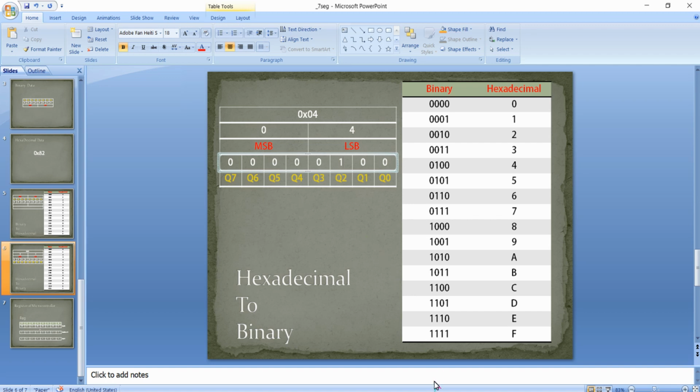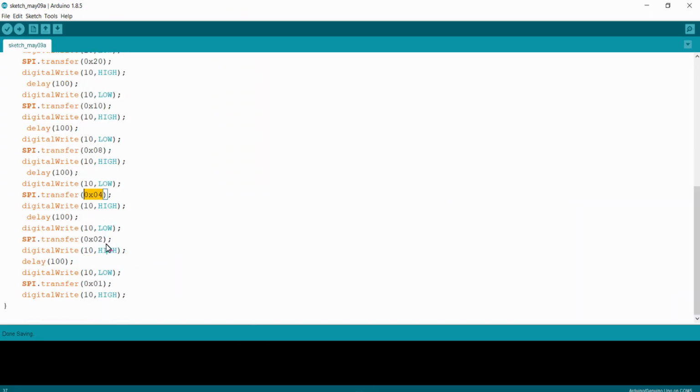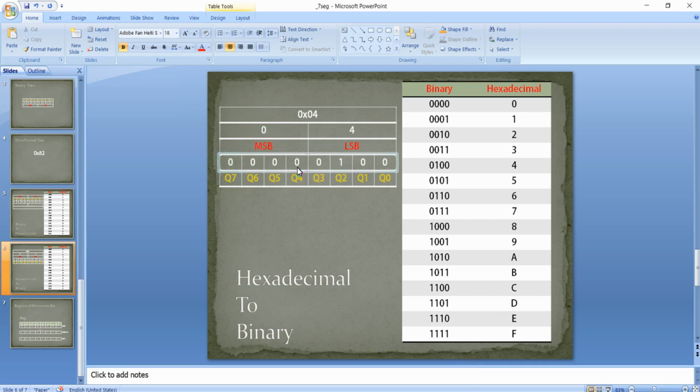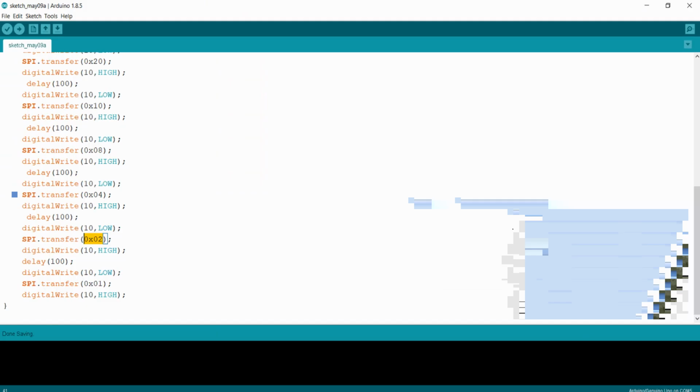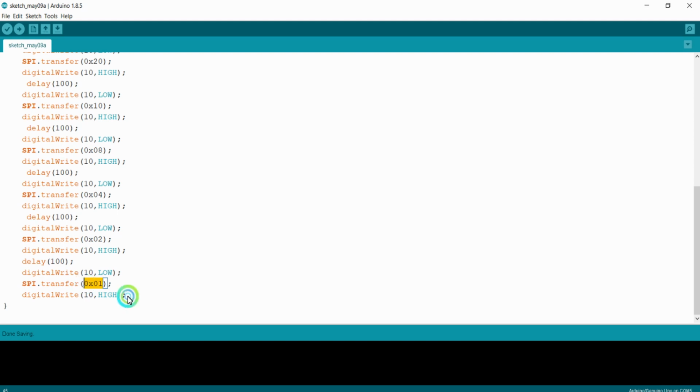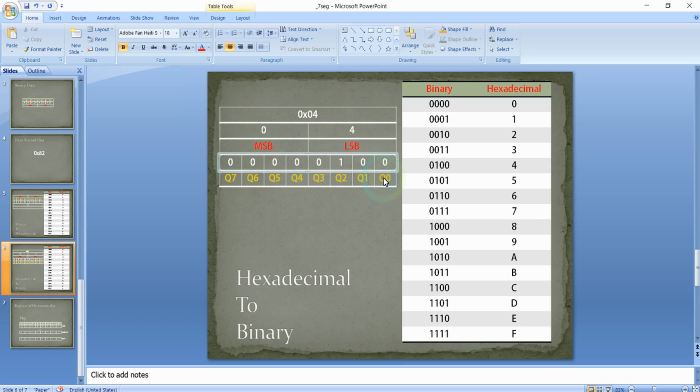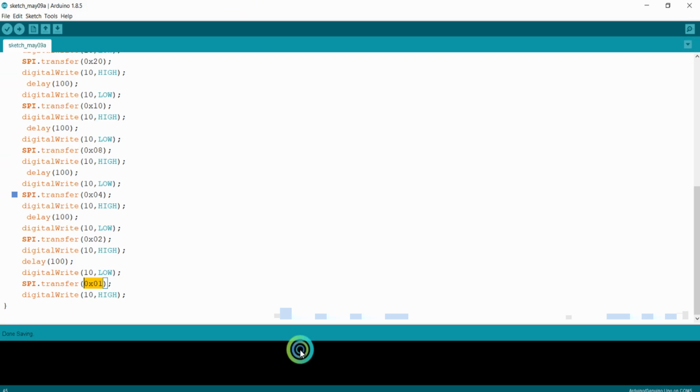So in this manner, next if I write 0x02, I will get 00000010, which will turn on the Q1 and all the other pins low. And finally when I pass the data 0x01, this will turn on the Q0 and all the other pins low. So this is a program for building a LED chaser with the help of shift register port.